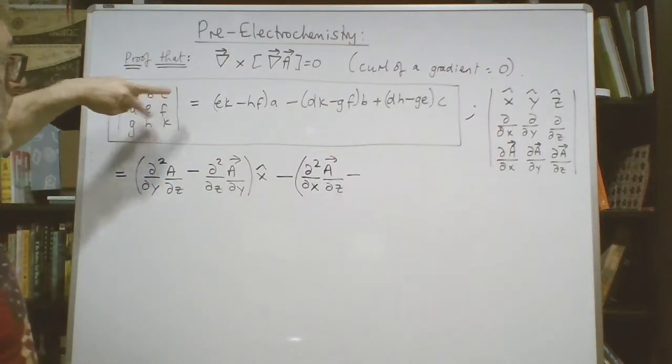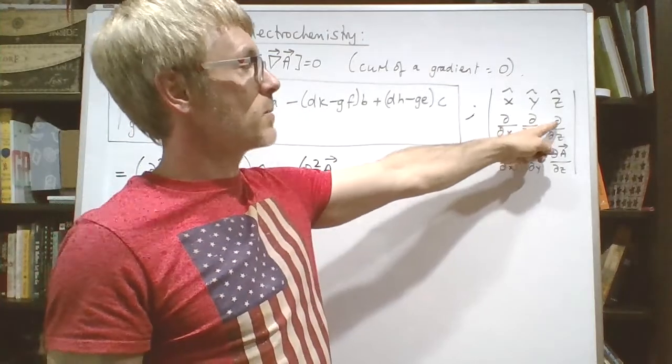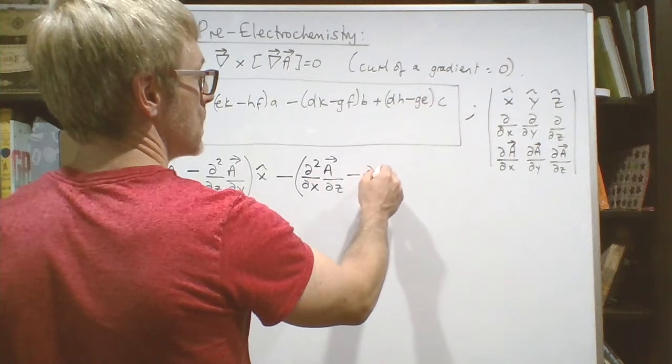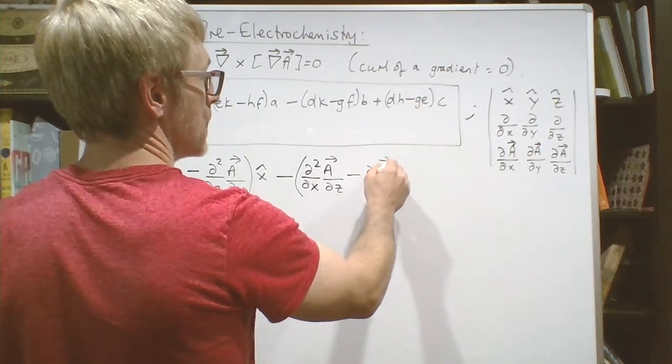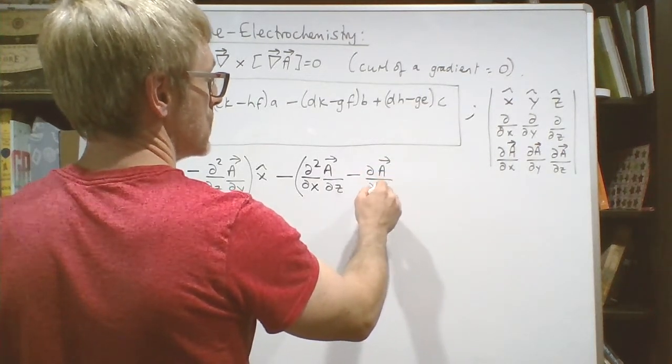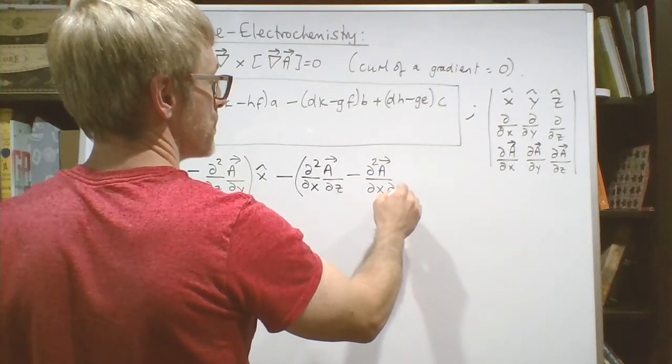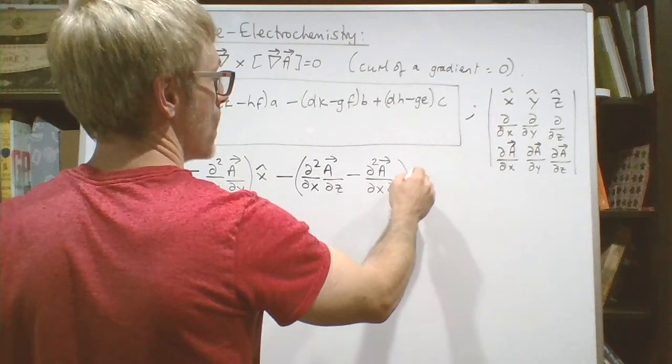So GF is that, which means it's this term multiplied by that term. So it's going to be d squared A dx dz, multiply that by y roof,